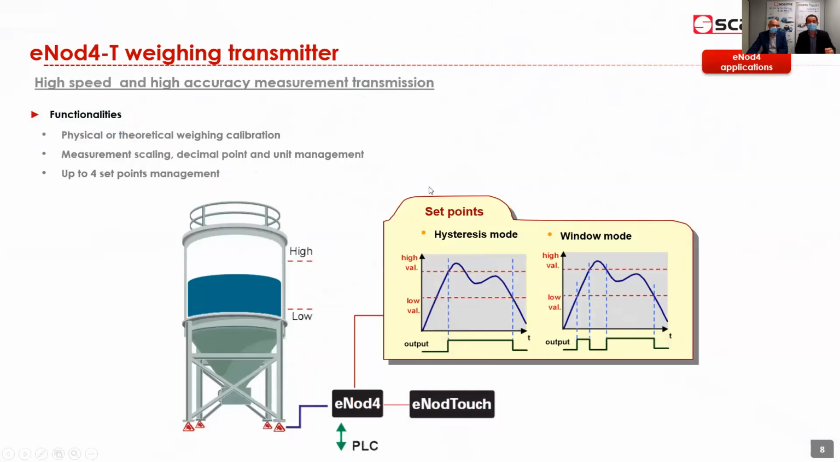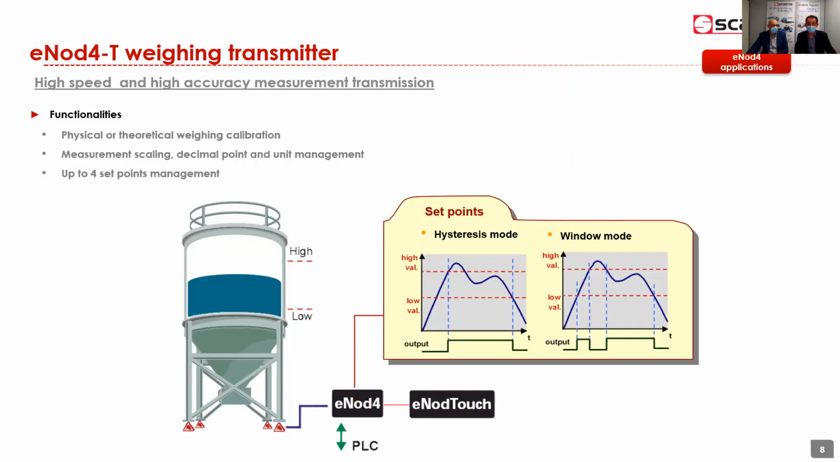So about the eNod4T transmitter. As we said before, this is a digital transmitter which is able to offer a high speed of measurement. For information, the measuring frequency of these transmitters is up to 1,600 measurements per second. So a very fast acquisition speed. And it also offers the possibility of high accuracy of measurement. The main functionality of this transmitter is the possibility to make a physical or theoretical calibration of your weighing system